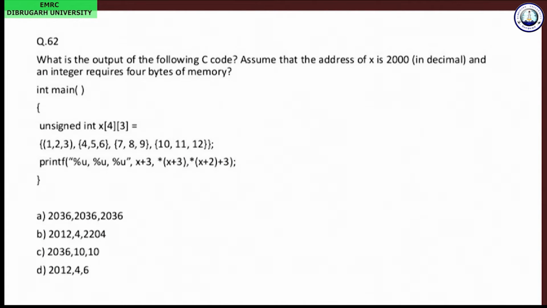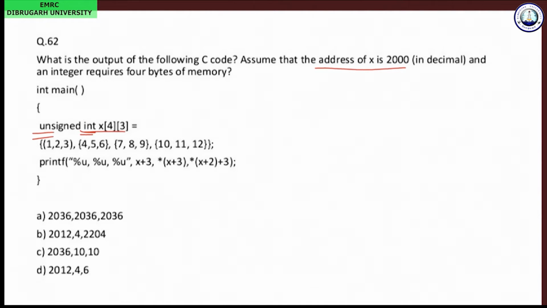Here also we are asked what is the output for the given code, and they have specified the address, that the address of x will start from 2000. A two-dimensional array is considered, declared as int, which is also unsigned.